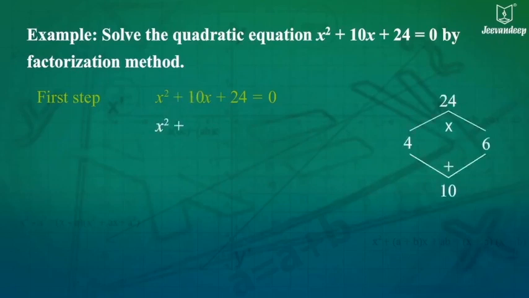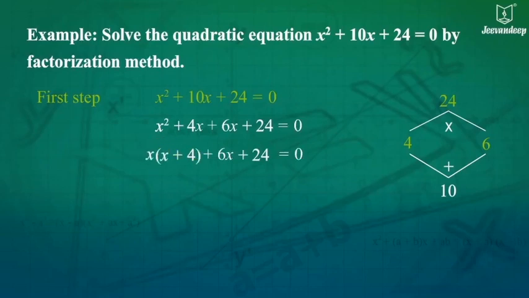For this, 10x will be split into 6x plus 4x, which sum up to 10x, and product of 6 and 4 gives 24. Regrouping the components, we get